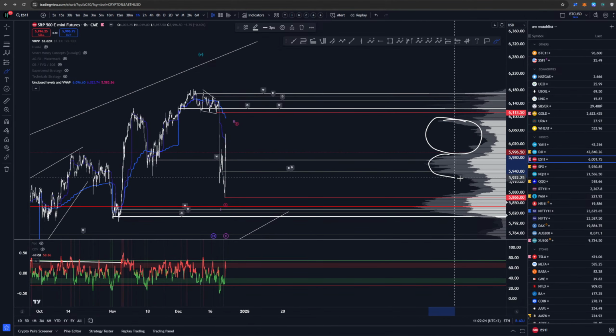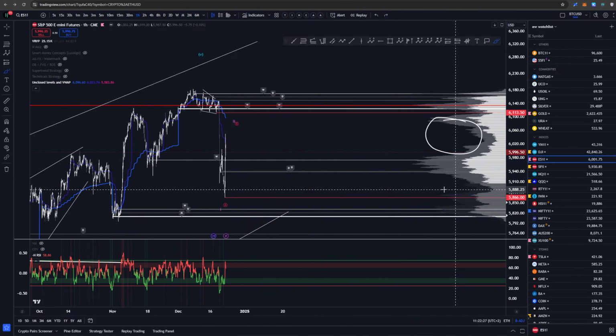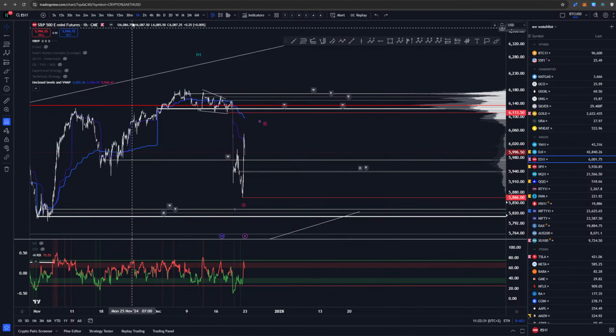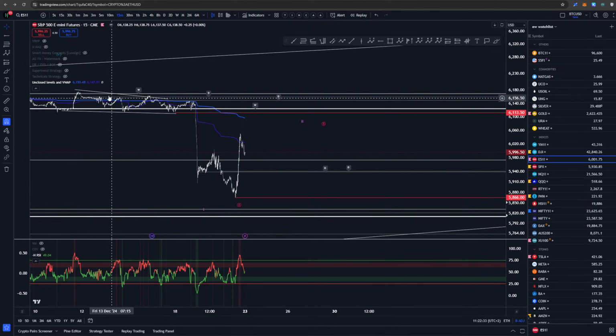We also had this, where we could be finding support now. There's some couple old dailies that we have gone through already, but not close through. So that's why they're on the chart.